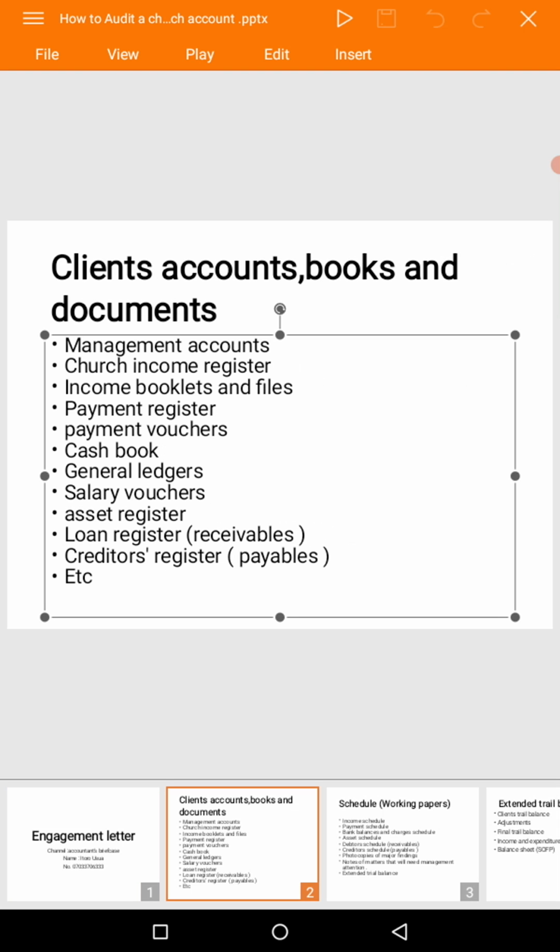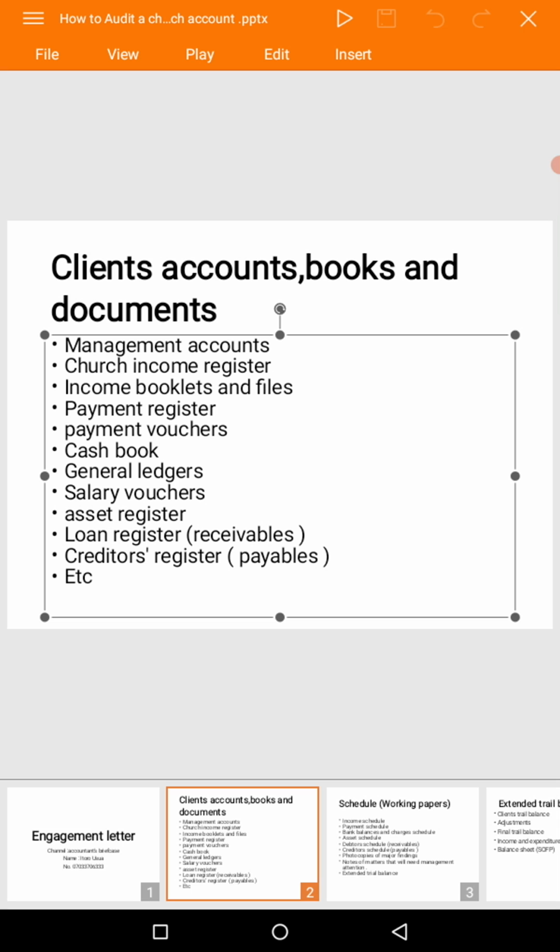Normally the auditor must not go to the client's office. The auditor might go to the client's office, or he might stay in his office and the books and documents and everything he needs for the audit are brought to his office. But I think it's better for the auditor to go to the client's office, because you will be able to understand the accounting system, the business environment, and know what's going on internally and externally regarding that client's business. So it's always appropriate for the auditor to go to the client's office.